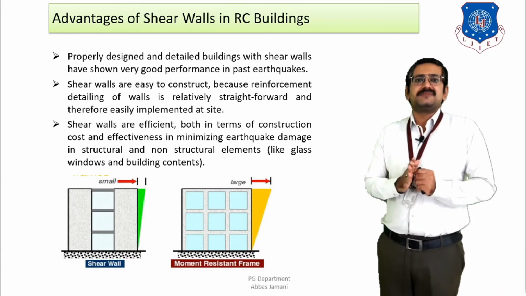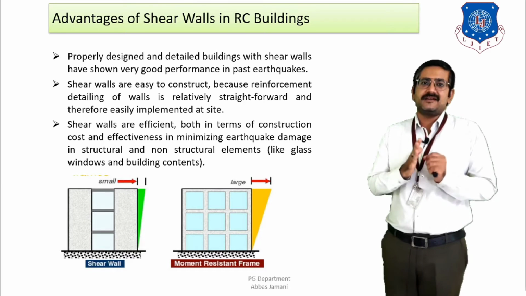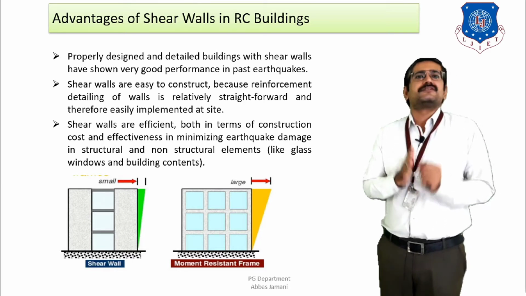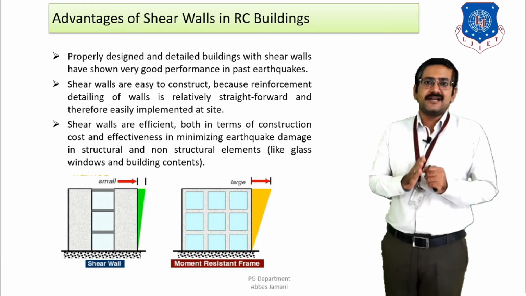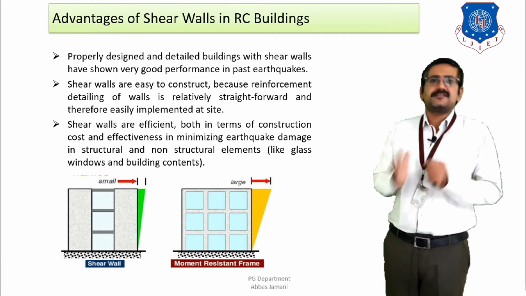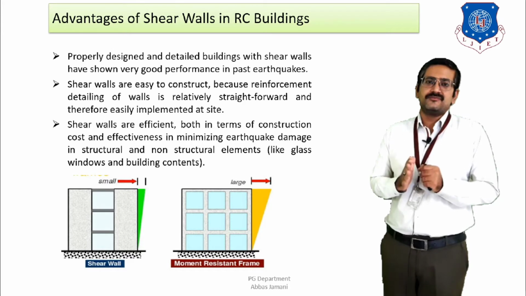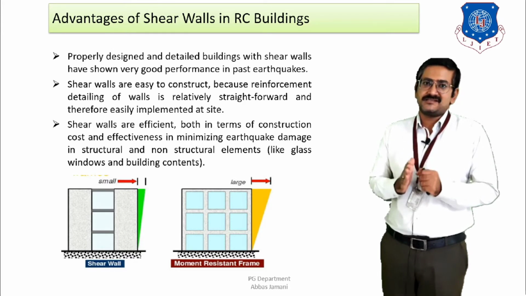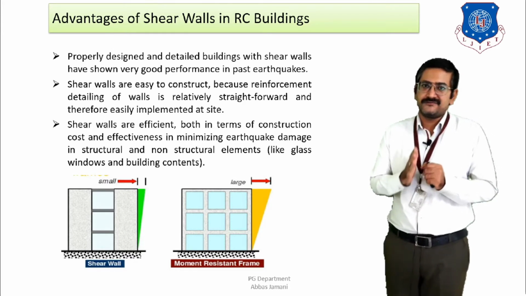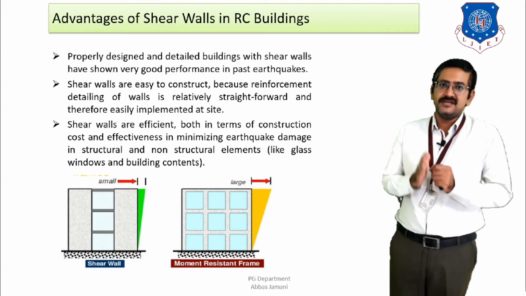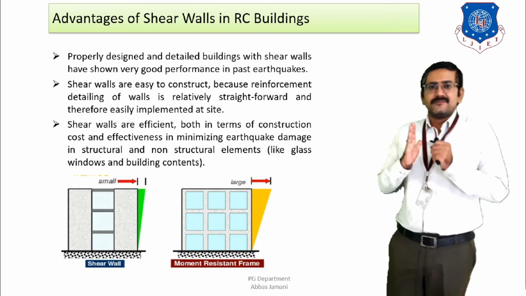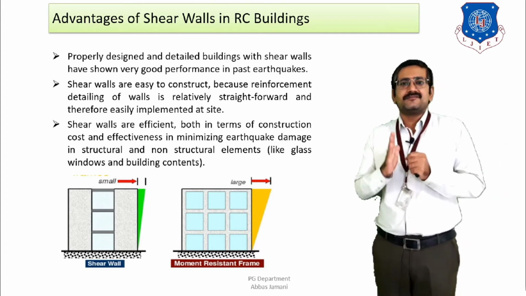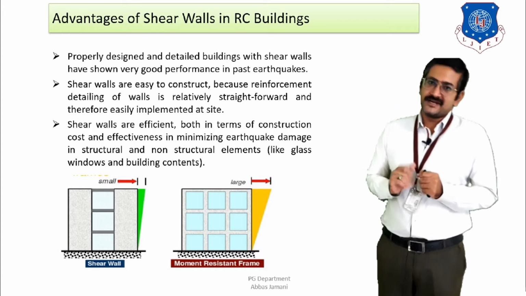When large displacement is avoided, the tension and compression forces that are going to be transferred to the adjacent elements are going to be less, right? So the structural elements and the non-structural elements are going to be under less stress, and as a result, the chances of failure or damage in the structure are greatly reduced. And when this is reduced, the performance and the serviceability criteria of the building are going to be satisfied to a very great extent, right?